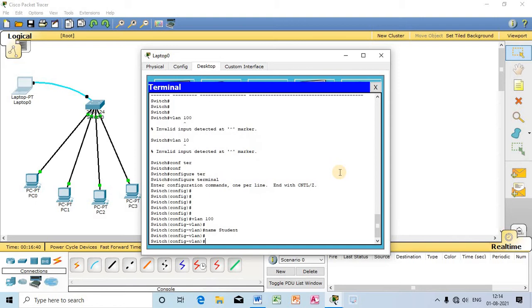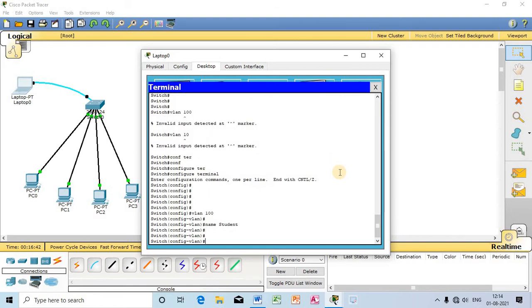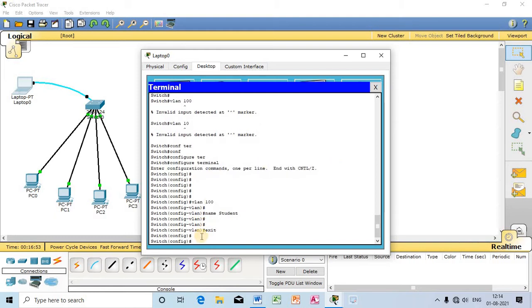Then press enter. Now I will move backward. To move backward to config mode, I will write exit. Now again you can see the symbol has changed to switch config hash. So again I have moved to the configuration mode.